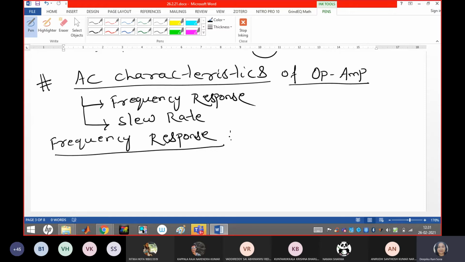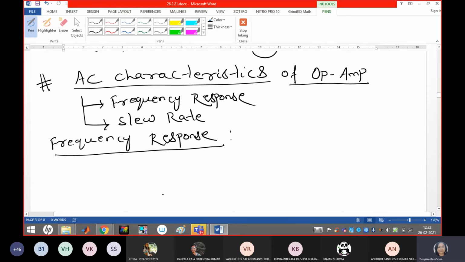So this is the main thing we have to observe here practically. By the increase of frequency, how the gain is getting decreased, and up to which range of frequency we are getting the constant gain, that is our operating frequency range. Within that frequency range only we can amplify our signal. Beyond that the gain will decrease so that your output voltage will get affected. This is your frequency response. Let's see that part.